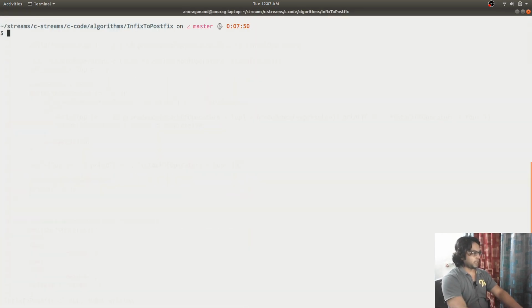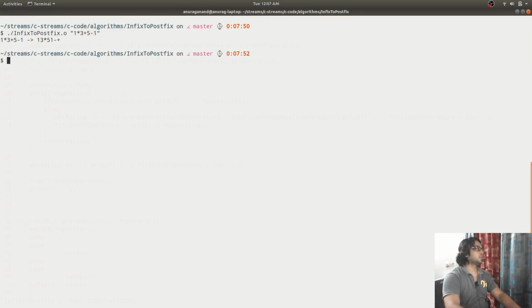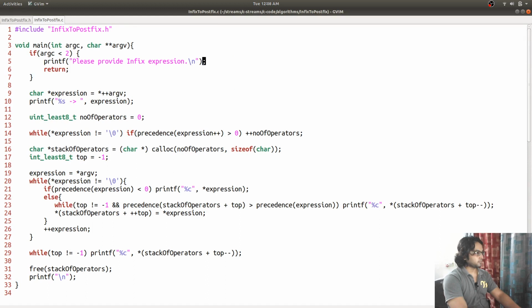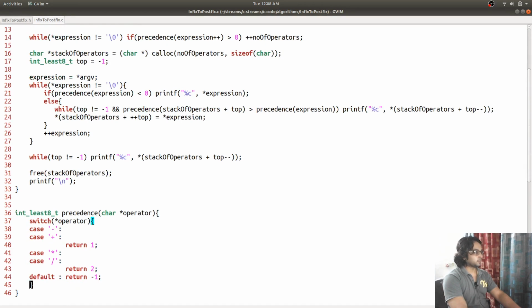So now we have our infix to postfix ready. This is what infix to postfix conversion is, and it is correct, and you can run it and check that it is working great. So we are done with our infix to postfix conversion, and what can we do next? You can see how small this code is.